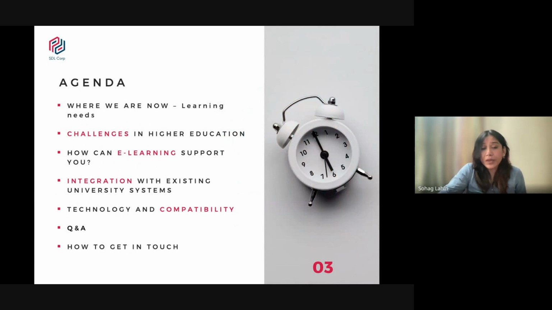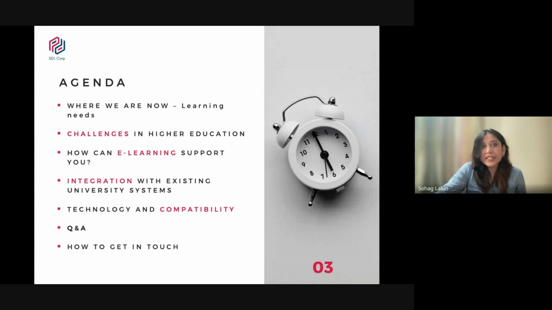The agenda that we hope to cover today is we will start off with where we are right now, our current learning needs, the learning needs which are actually your learning needs as educators, and the learning needs of your students. Both your needs and your students' needs are very inextricably linked, and that's what we will explore. Yes, there are challenges, as we all know, in higher education, which are of different types. We will talk about those. How e-learning can come in to support you in overcoming or at least mitigating some of these challenges,